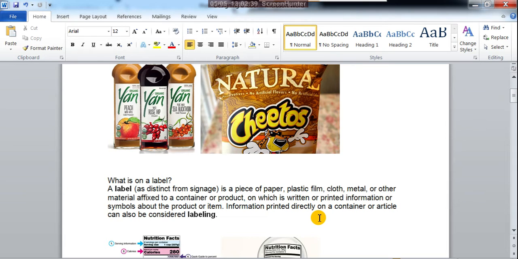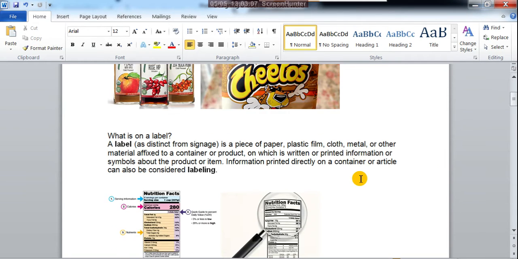Information printed directly on a container or article can also be considered labeling. So a label can be a paper or plastic sheet, cloth, or metal. It can be anything, with printed or written information or symbols about the product.